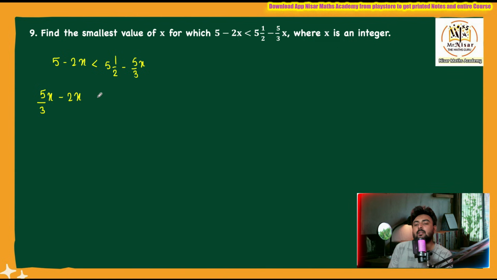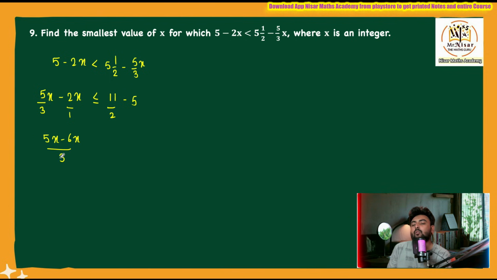Then if I solve this, children, this mixed fraction will be 5 to the 10 plus 1, 11 by 2, and plus 5 will go to this side and become minus 5. So let's solve it. Cross multiply here. 5 ones are 5, minus 3 twos are 6. So 5x minus 6x